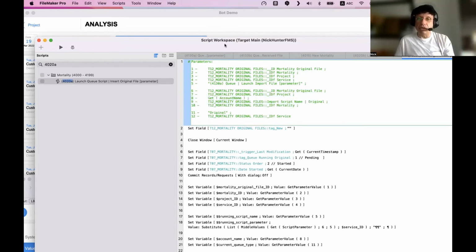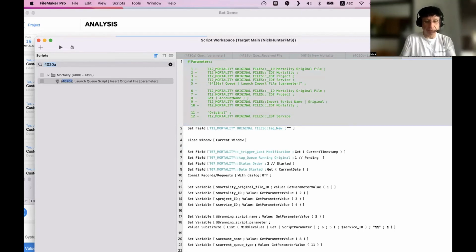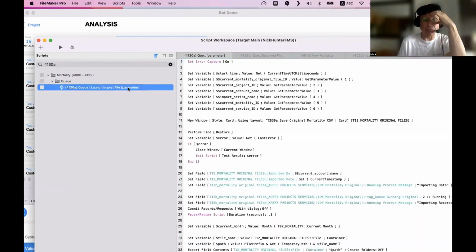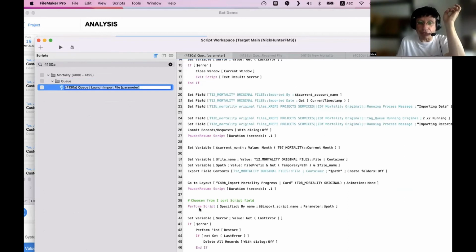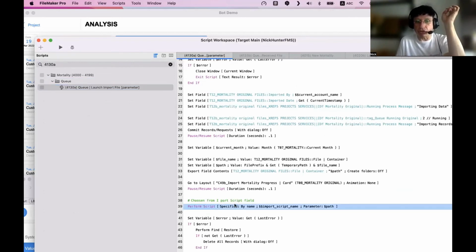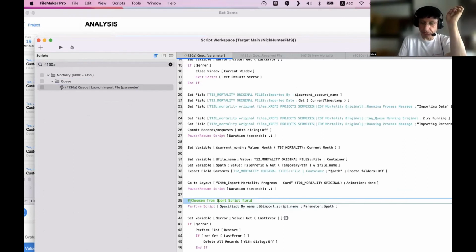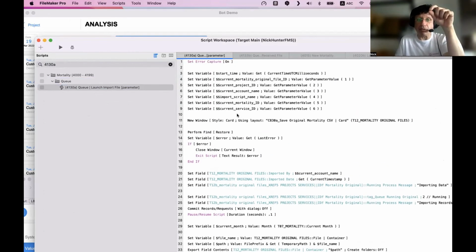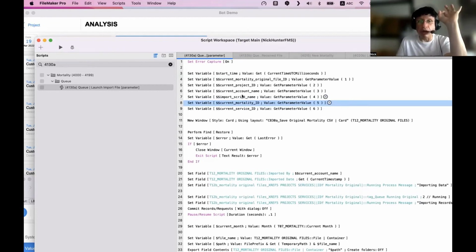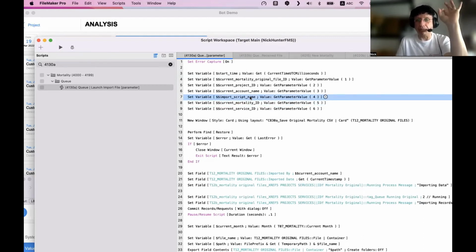So this script over there, the 4130A, now you know why I'm using names, I'm using numbers. Over there, it is going to perform the import scripts, right, with the script name that this variable is going to tell me. This variable is going to pull the script parameter number 4, which is the import script name.